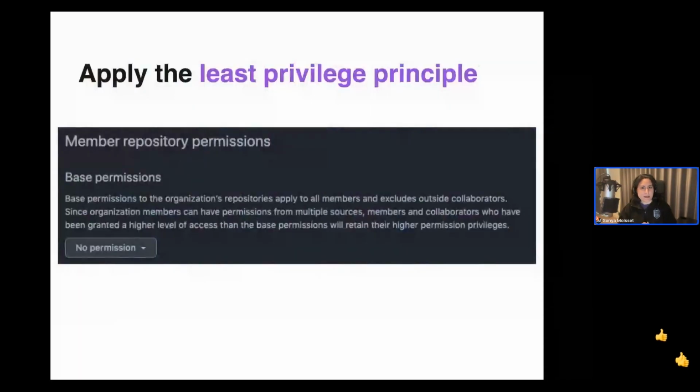The first one is apply the least privilege principle. So this is to set the base permissions to no permissions in the member privilege section, so they can only clone and pull the public repo. And to give additional access, the maintainer will need to add them to teams or make them collaborators on individual repositories. So create teams, add users to this team, and allocate them to specific repos with specific permissions. And then you have that granularity actually, and you have that least privilege principle, and you avoid cases where you